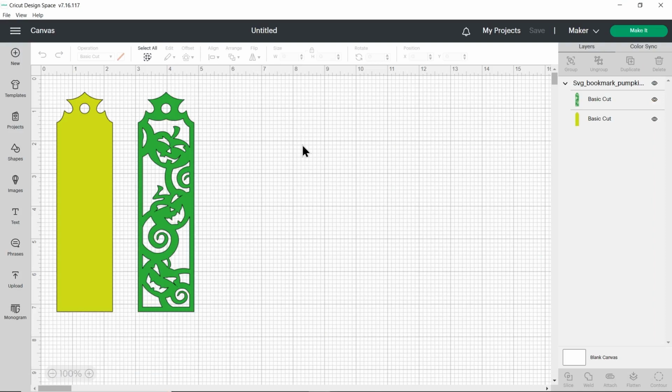Let's see how we could turn this bookmark design into a shaker bookmark. And a shaker bookmark means that we would put a piece of acetate or clear plastic underneath the layer with the pattern in to hide all of the gaps. And then we'd need to cut some funky foam or fun foam in the shape of this outline border to sandwich between the base and the front.